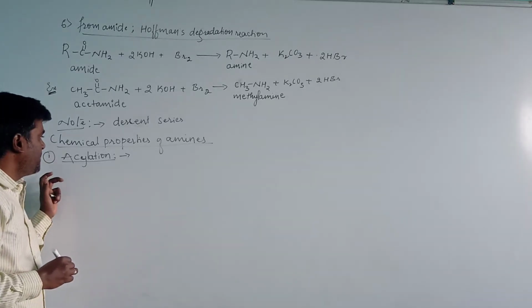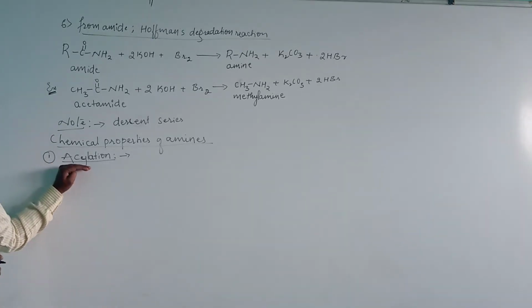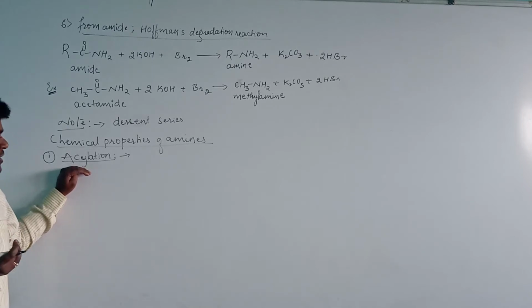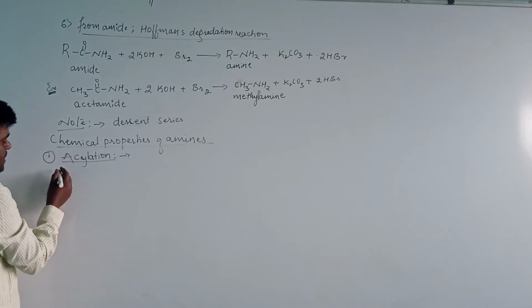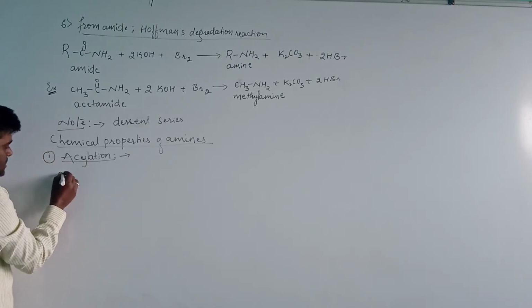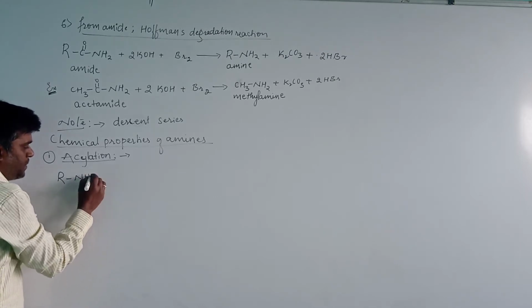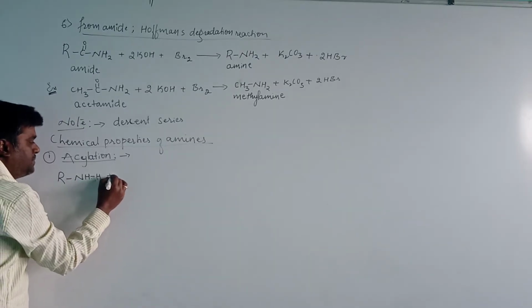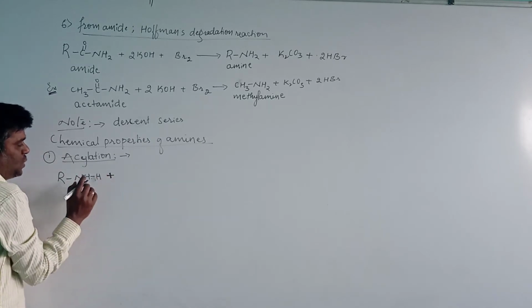Then let us see how the amines will undergo acylation here. When the primary amines react with acyl groups, acid halides, or anhydrides, then it gives a compound, and let us see the reaction first. Acylation means the substitution of an acyl group in the reaction. When the amine, that is RNH2, reacts, one of the hydrogens is replaced by the acyl group. Okay, here one of the hydrogens will combine with the chlorine.